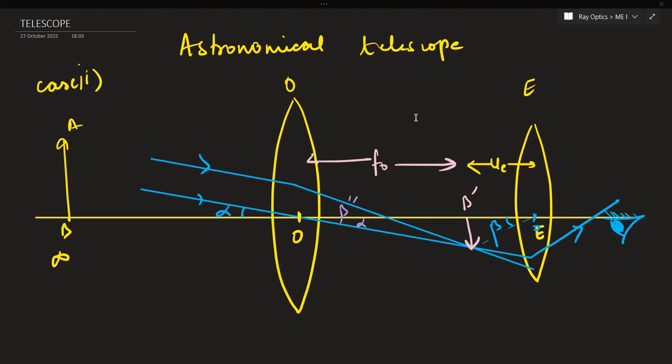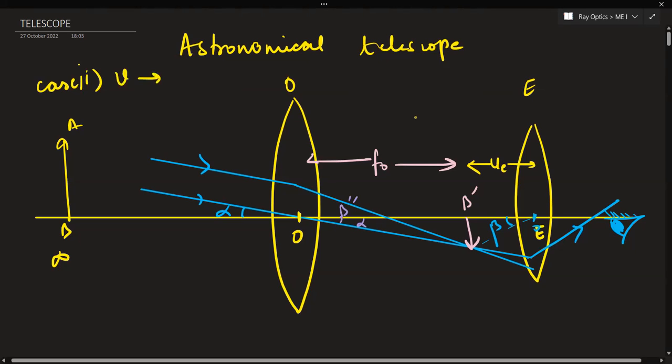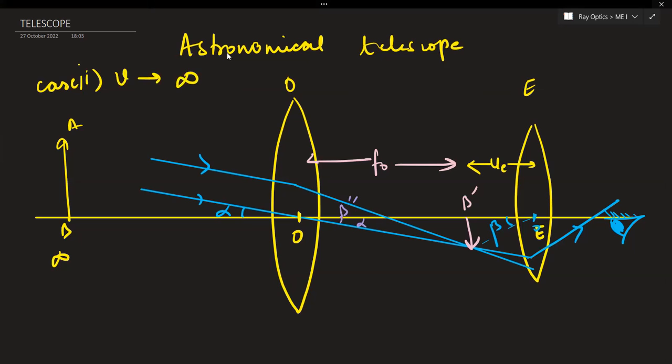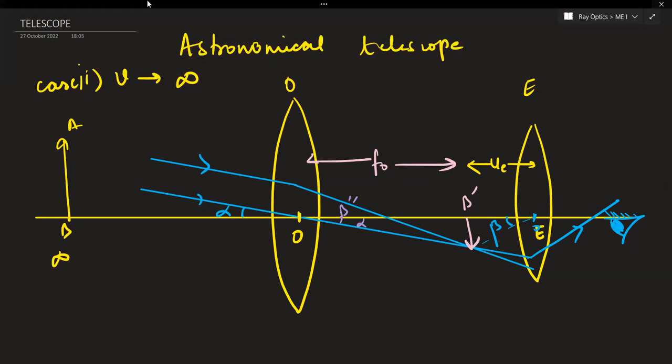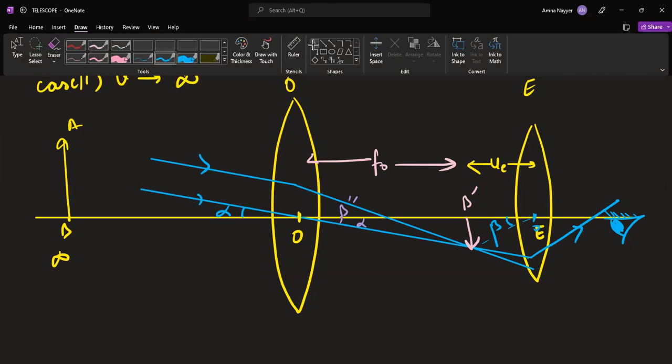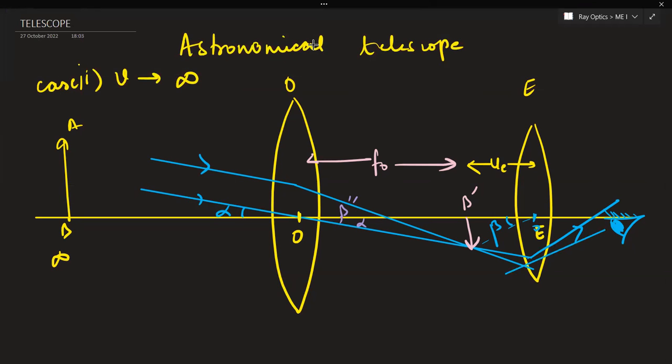Class, we had stopped at this point. We couldn't complete the second case of astronomical telescope, when the final image was formed at infinity. We had done simple and compound microscope. This was just left. Same thing, if it is formed at infinity,